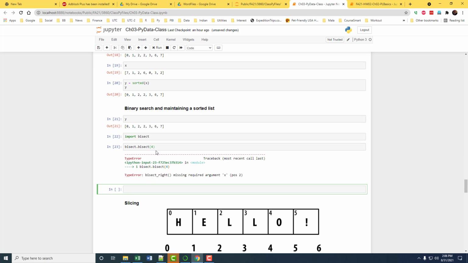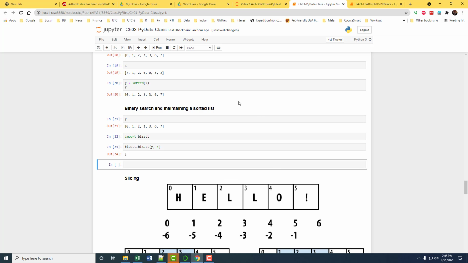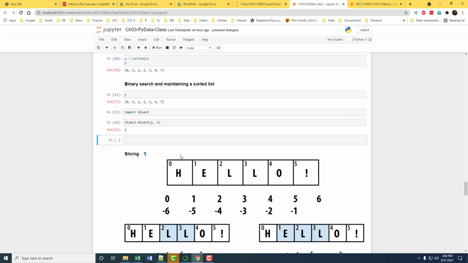The reason I'm getting an error is I have not specified which list it should look into. I'm just saying 4, right? So that's not right. So I want it to look in Y, and then find the position for 4, without disturbing the sort order.